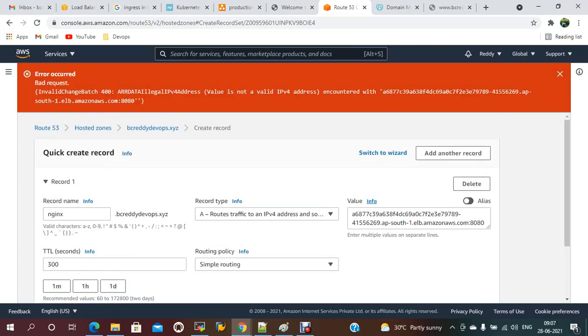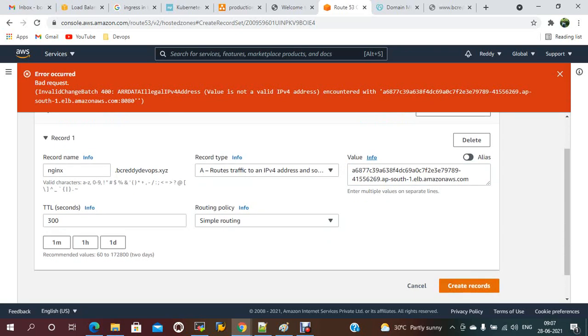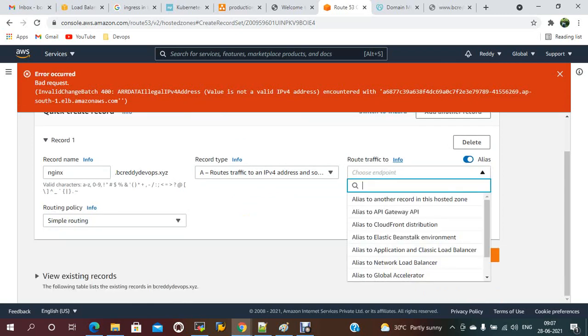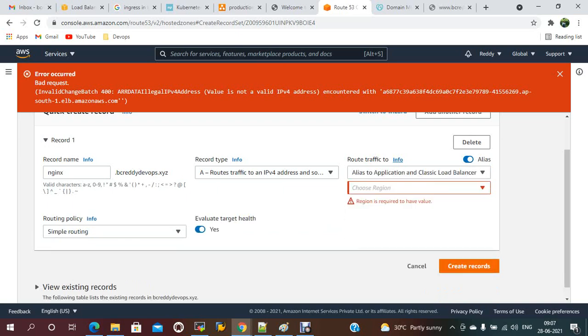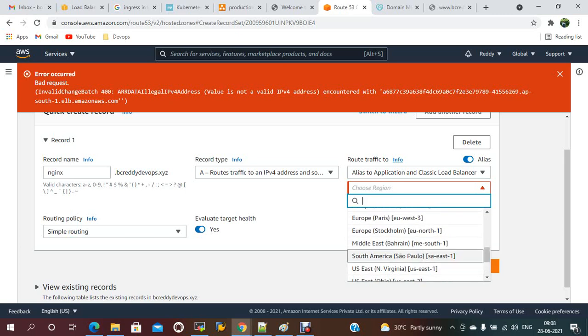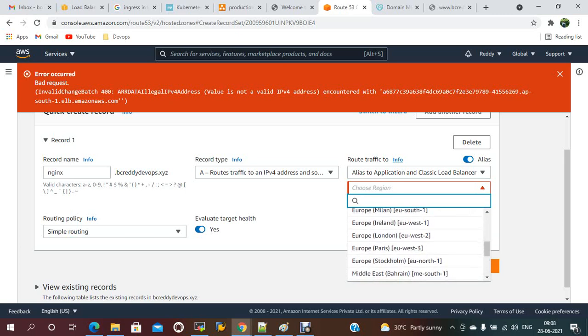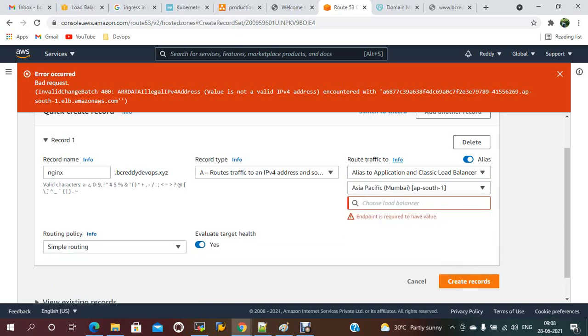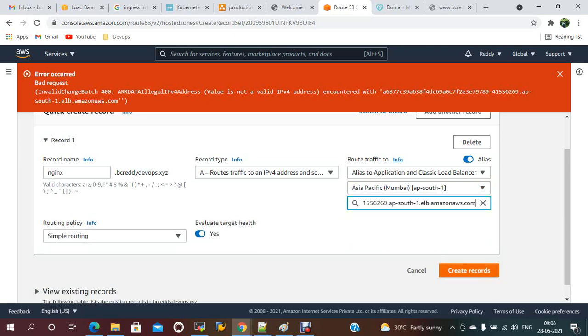So this is not taking this one. I think we need to select this one, AP South 1, Mumbai region, and this is the name.